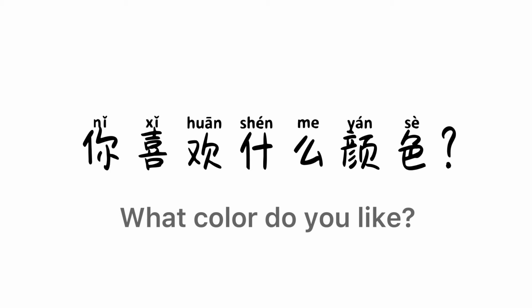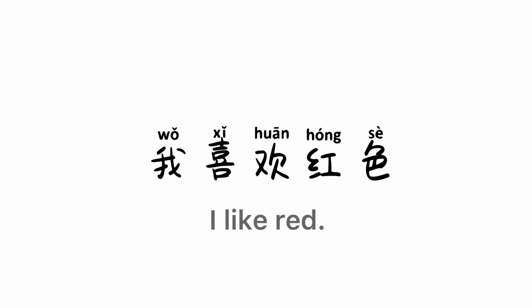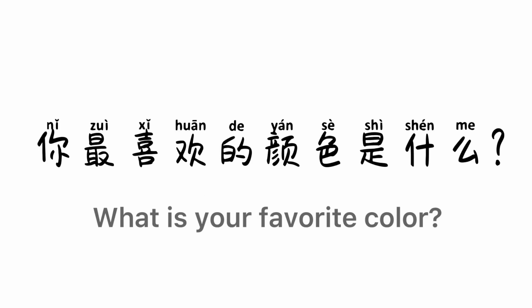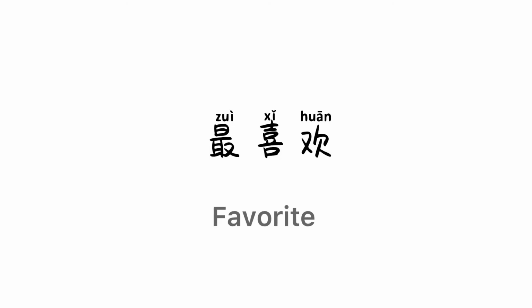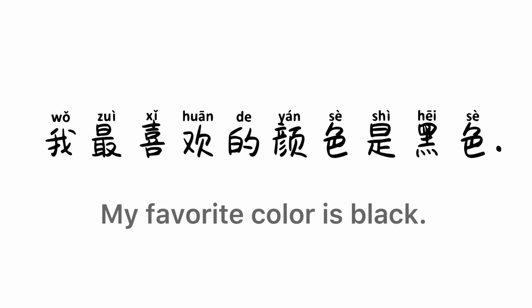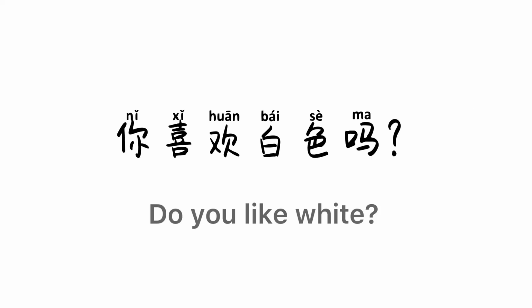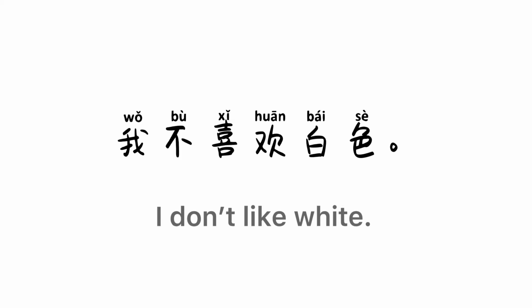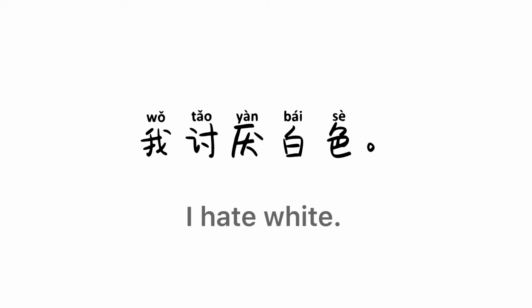你喜欢什么颜色？我喜欢红色。你最喜欢的颜色是什么？最喜欢 here means favorite. 颜色。我最喜欢的颜色是黑色。你喜欢白色吗？我不喜欢白色。我讨厌白色。